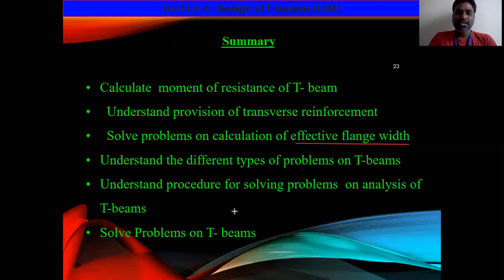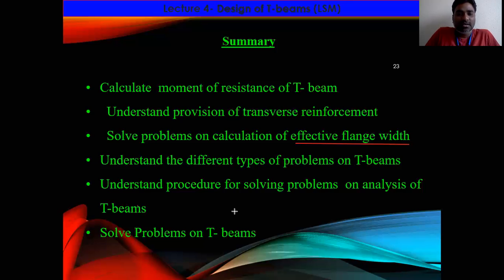And similarly, if the depth of neutral axis is within the web, two cases will arise. That is, whether the stress distribution is uniform within the thickness of flange or not. That can be determined by the ratio of Df by d, that is effective depth, small d. If Df by d is less than or equal to 0.2, then the effective stress distribution is constant within the thickness of flange. If Df by d is greater than 0.2, then it is not uniform. So if Df by d is less than or equal to 0.2, right, then you can